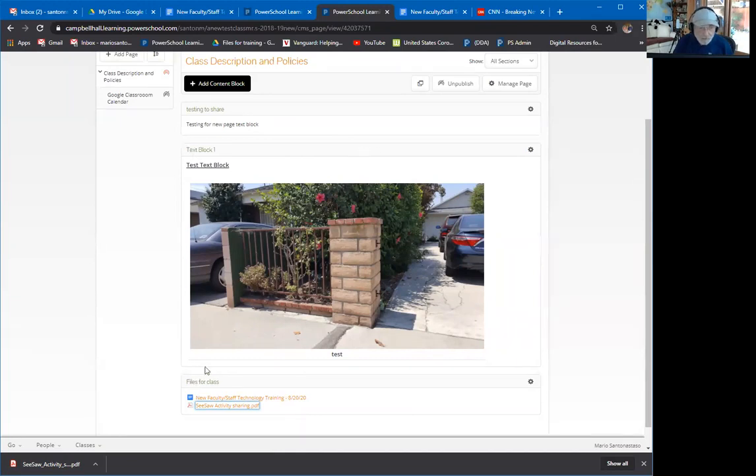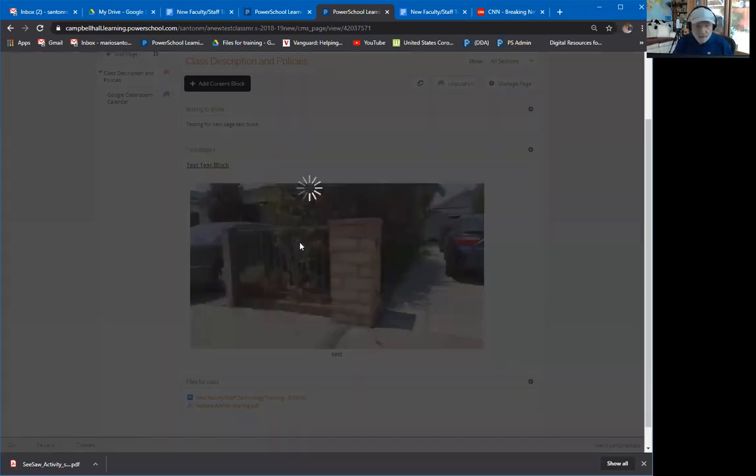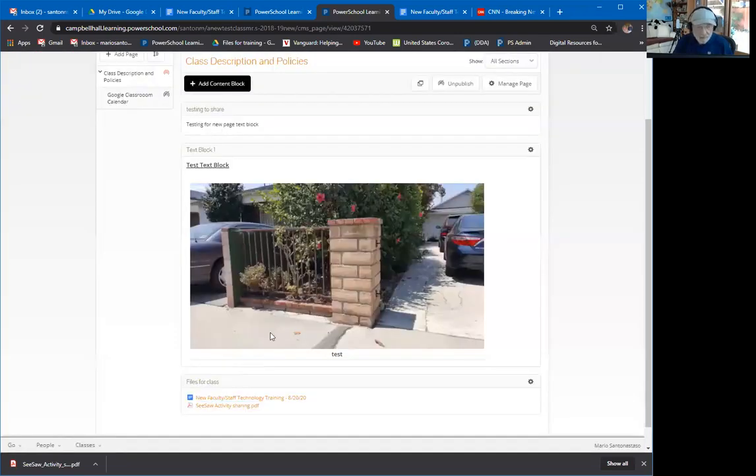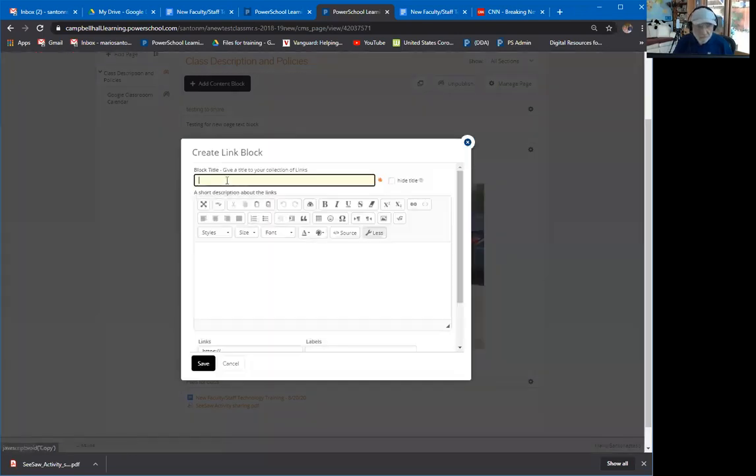we looked at text block and a file block. So we're going to go to add a content block again, web links. So I'm going to cancel this because web links, it's pretty easy to see what they are. So you get a link that looks like this. Well, let's just do one. I'm going to call this web links. And here you can put in a description. And then here you can type something in, or